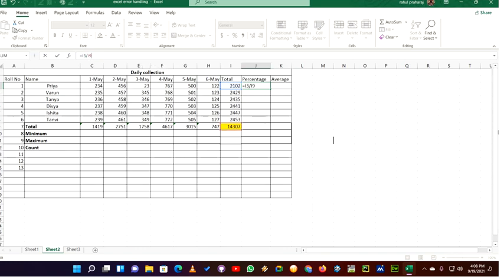Okay, now what I'm going to do, I'm going to keep it in the round bracket. Since we are going to multiply by 100, according to the BODMAS rule, we are going to take the round bracket first, then we are going to multiply with 100. Now this gives the percentage of that particular student in that particular row. Now you see the percentage calculated out of the total of that particular student is 14.69.